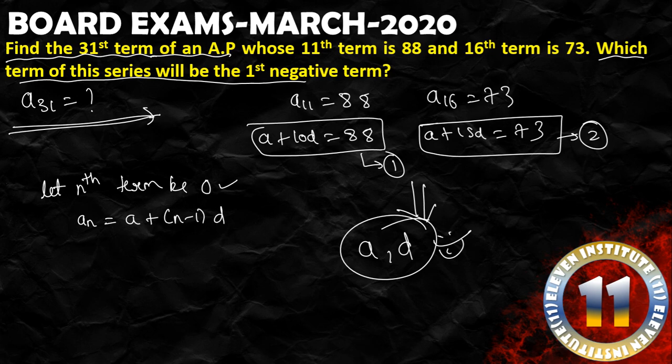હવે સમજજો આરામથી અહીંયા, રાઈટ? an ની વેલ્યુમાં શું લેવાનું આપણે? 0. આપણે શું કીધું? nth term is 0. અહીંયા પૂછ્યું છે નેગેટિવ નું, પણ આપણે શું લખ્યું છે? 0. બરાબર ને? બીકોઝ 0 ની પછી નેગેટિવ ટર્મ્સ આવશે, રાઈટ? an ની જગ્યાએ 0, a ની વેલ્યુ આપણી પાસે છે, d ની વેલ્યુ આપણી પાસે છે, તો આ n ની વેલ્યુ મને મળશે.